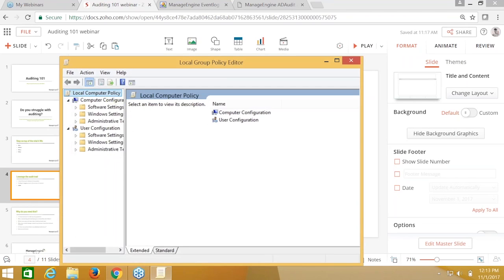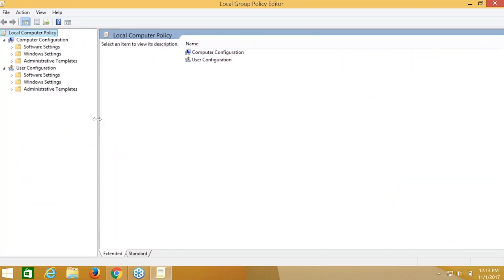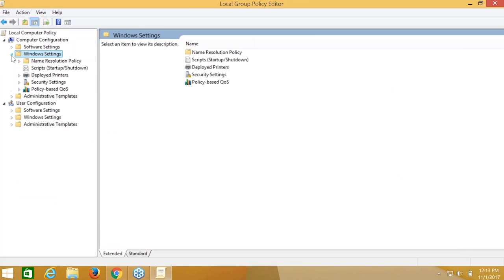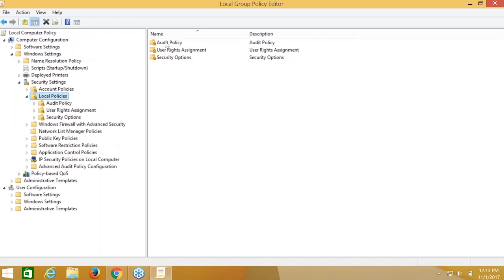So what we're going to have to first do before we can leverage the power of auditing is first set up logging policies on the different devices across our network. So for Windows devices, of course, we have the group policy or local policy. And this is something that you can set up on your Windows servers. So I'm just navigating to the audit policy.